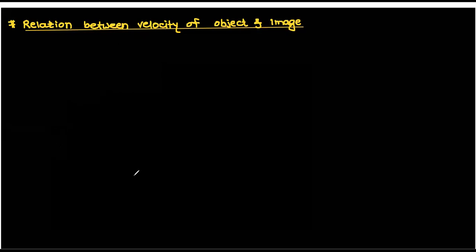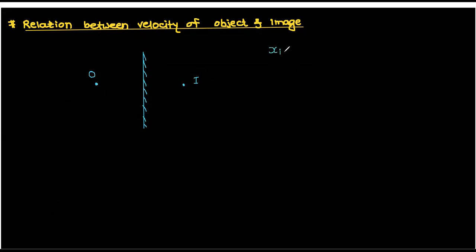Now I am taking a mirror here like this. This is a mirror. Okay, can you see? And now I am keeping an object here. This is O, which indicates the object, and its image is somewhere here. I have considered a point object now. So see, this x is the distance of the image with respect to the mirror.